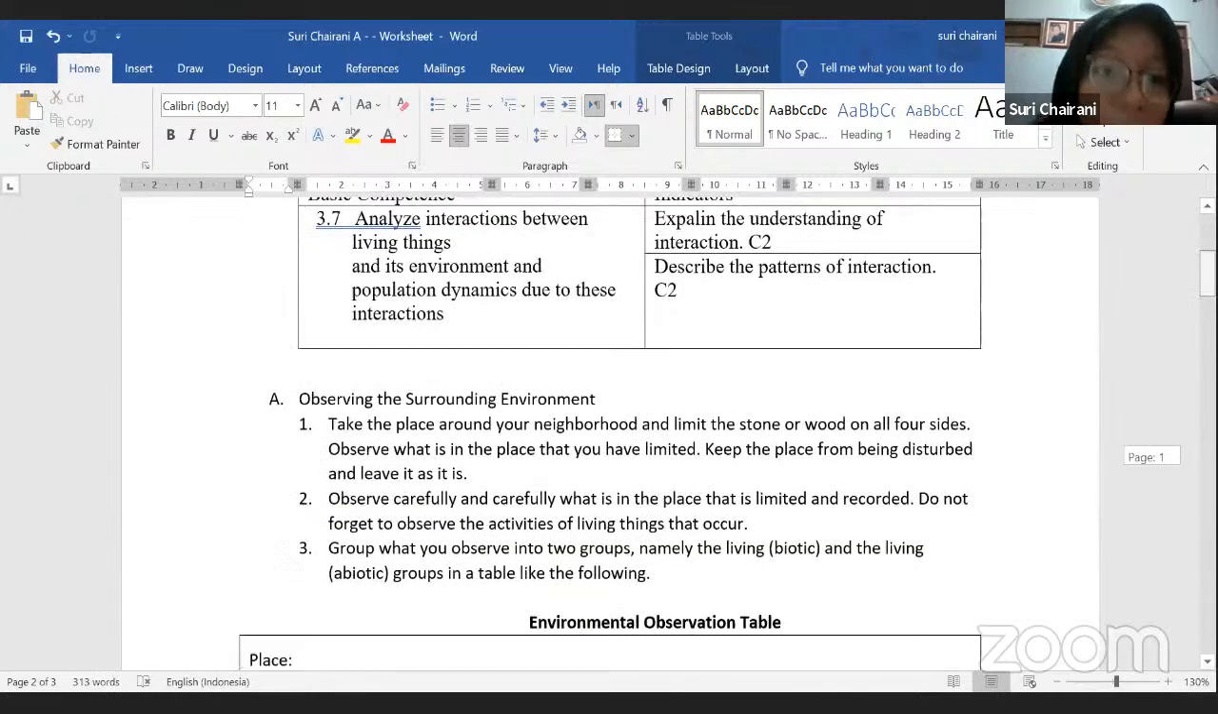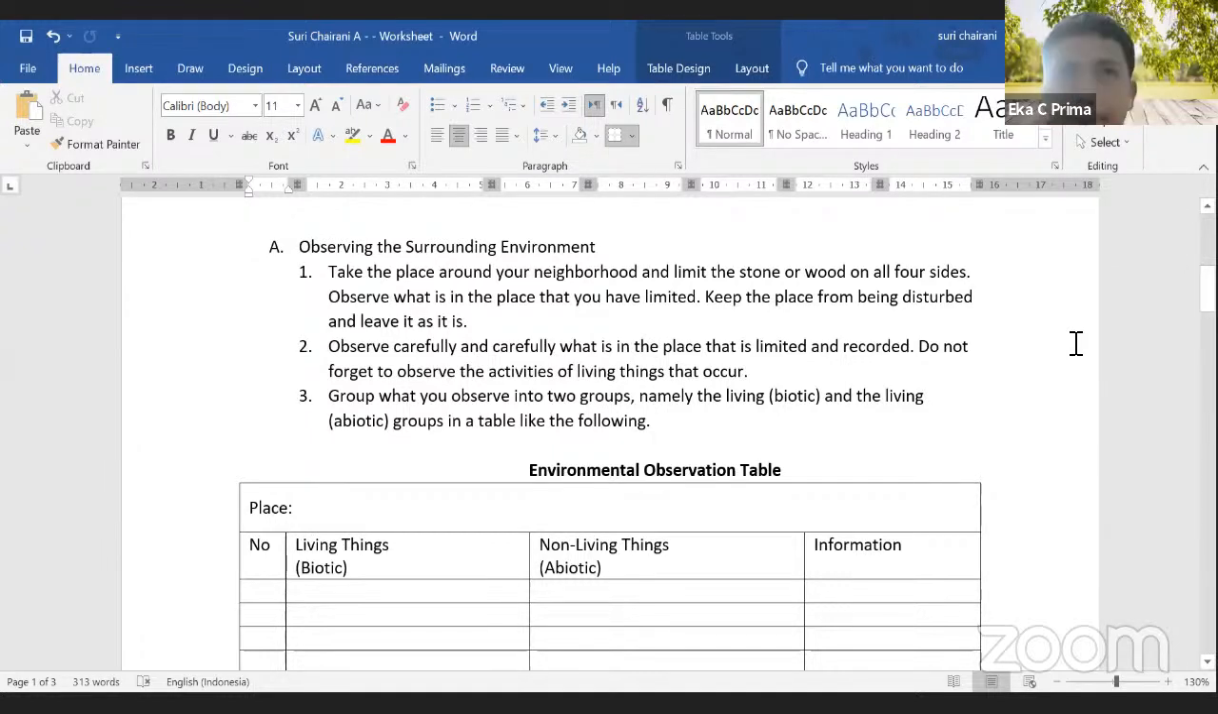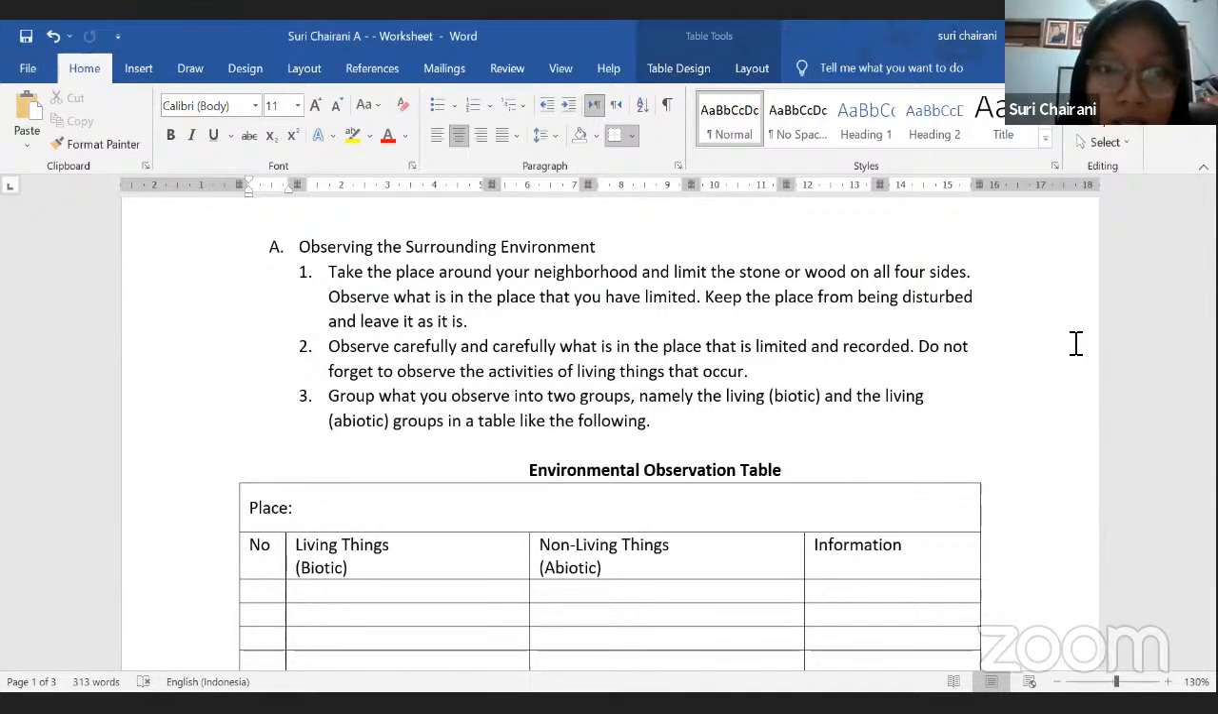So this is the worksheet. After watching the video, now you can observe the surrounding environment. Yes, this is the live activity, hands-on activity. The students can observe in their neighborhood, because today they can do the observation in school. Maybe if we teach at school, if we learn at school,